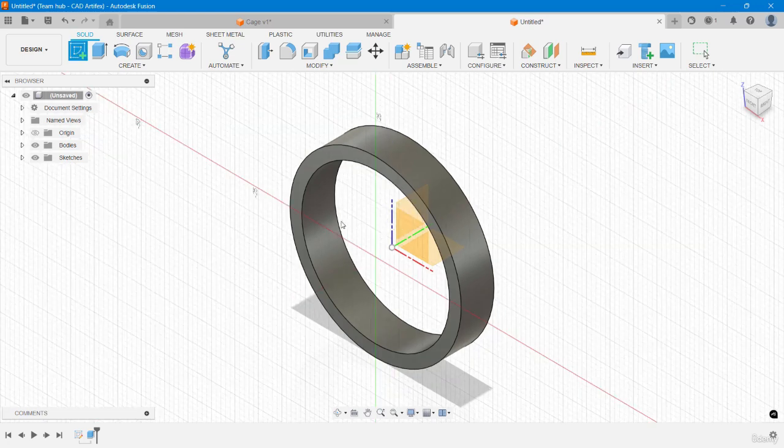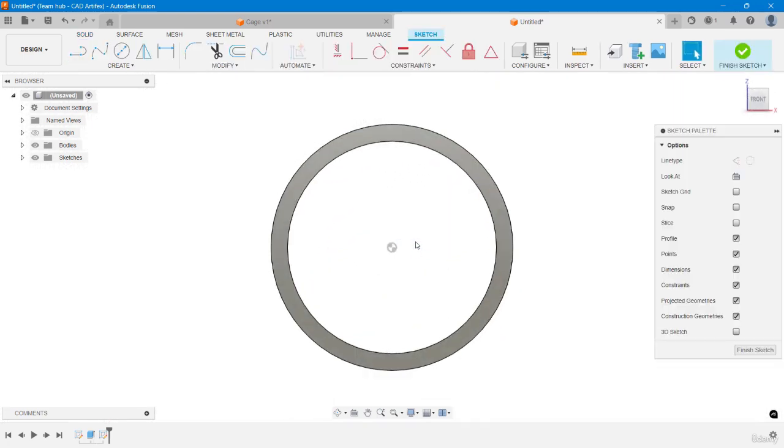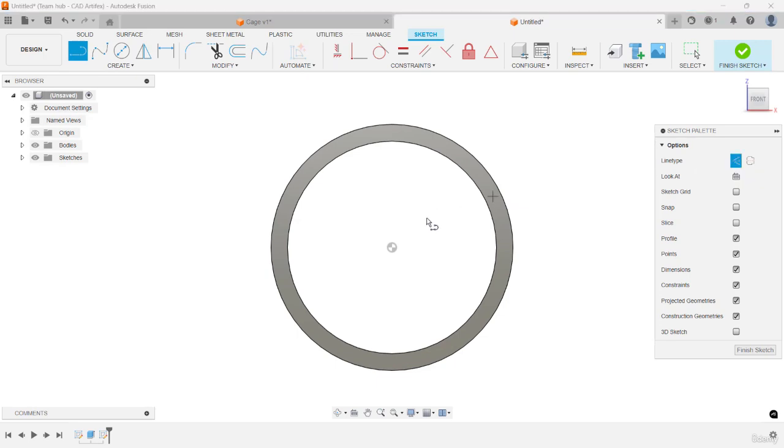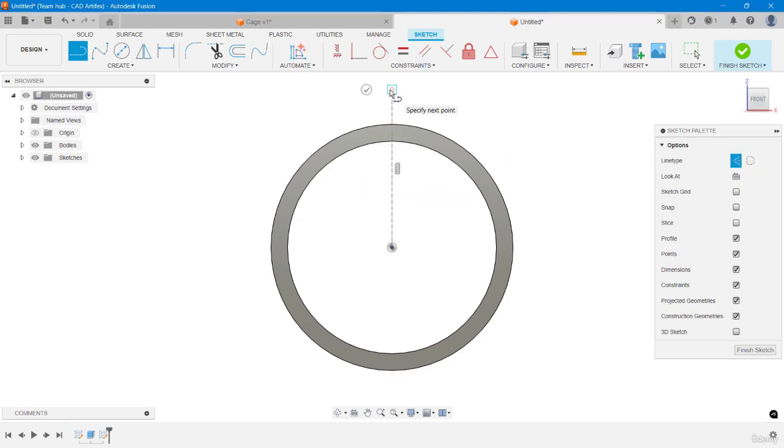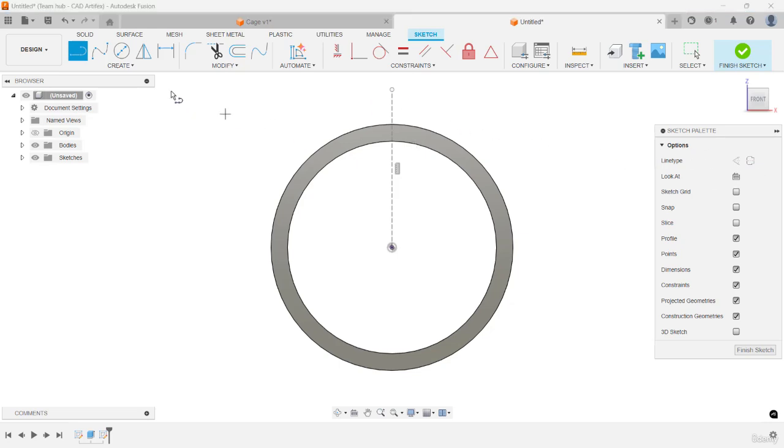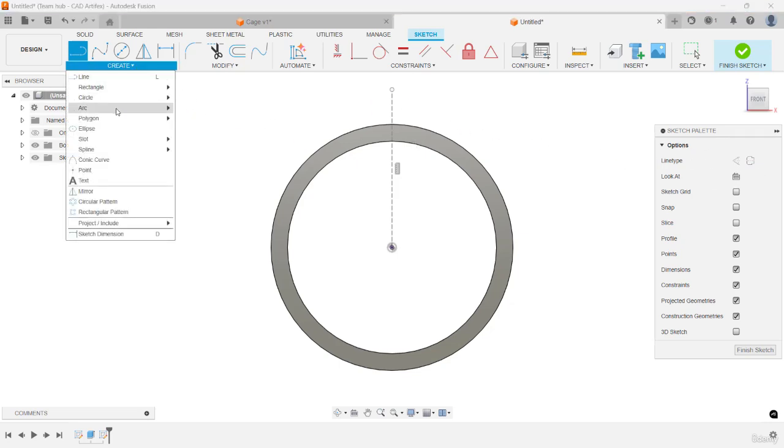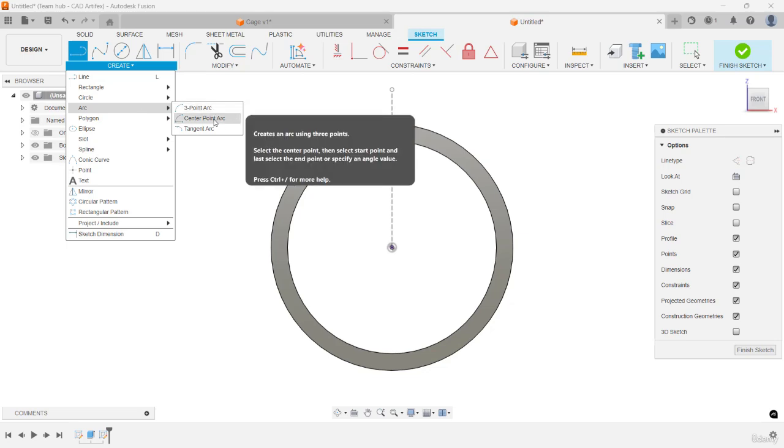Now invoke create sketch, select front plane, invoke line tool and make it a construction line. Now from origin draw a center line. Change construction line. Then from create, take center point arc